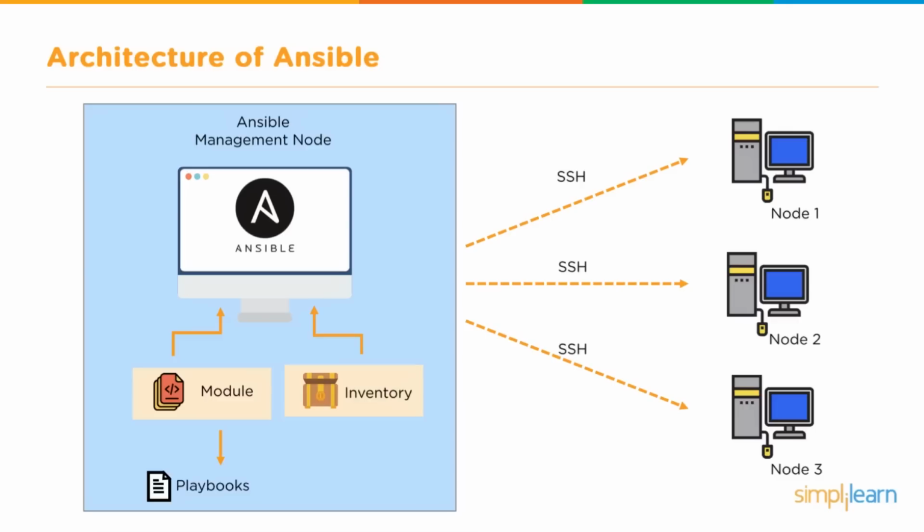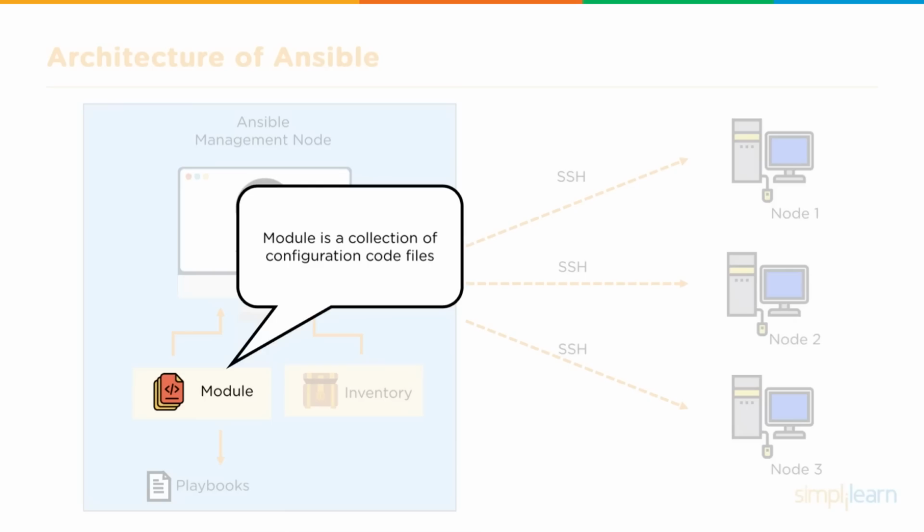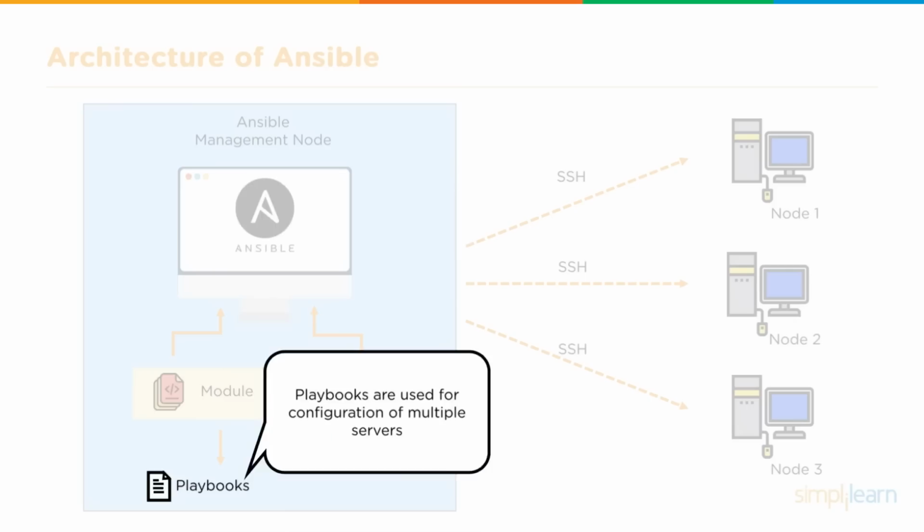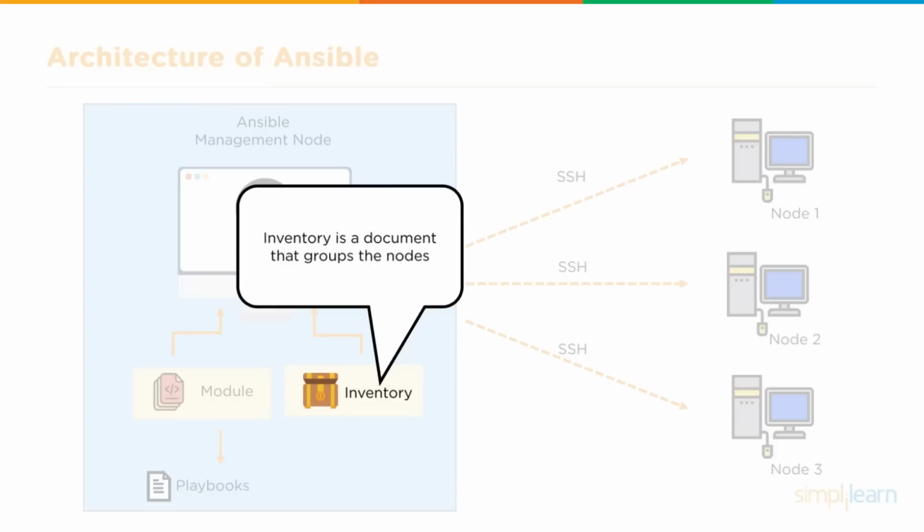And we look into the architecture of Ansible. It's a very simple architecture. There is the Ansible management node that has playbooks which contain the instructions for your environment, and that playbook is then pushed out to all the different nodes that contain the hardware that you wish to configure. The module collection is the configuration code itself. The playbooks are the instructions of that configuration. And then the inventory is the document of the different groups and the hardware within those groups